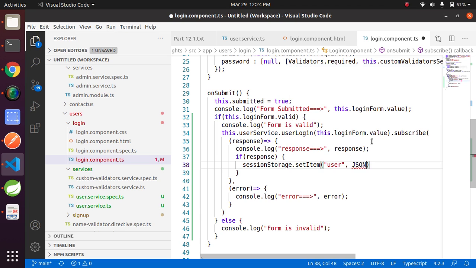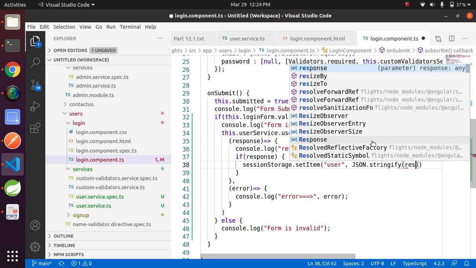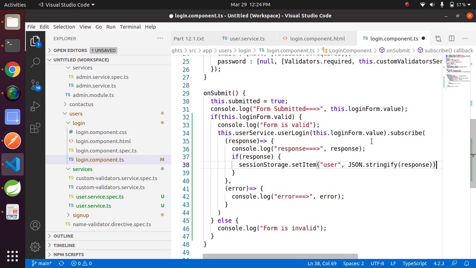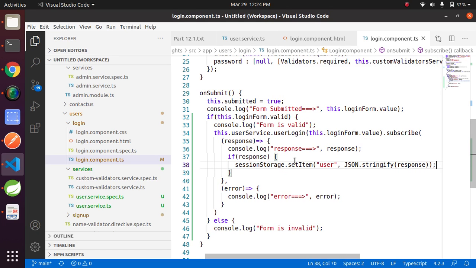JSON.stringify response. Now JSON.stringify response. This means the stringified JSON is saved into the session storage of the browser. Correct?